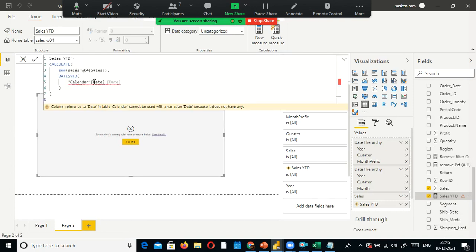This is my older one. No, still it is not coming here.